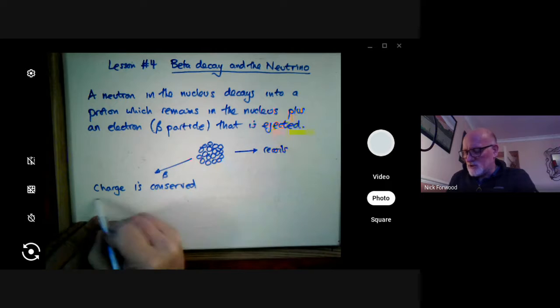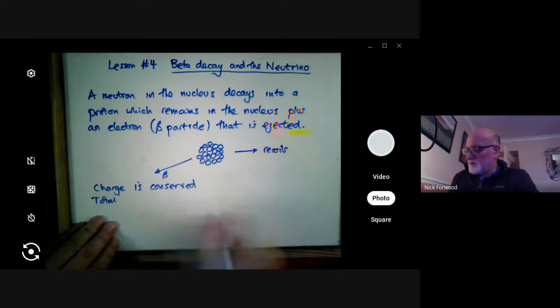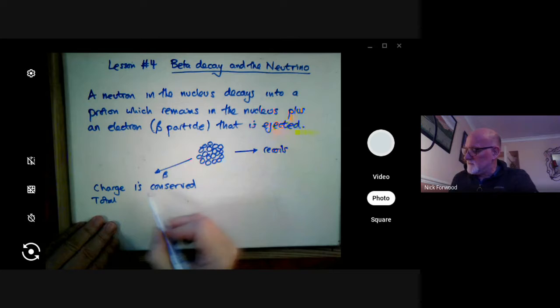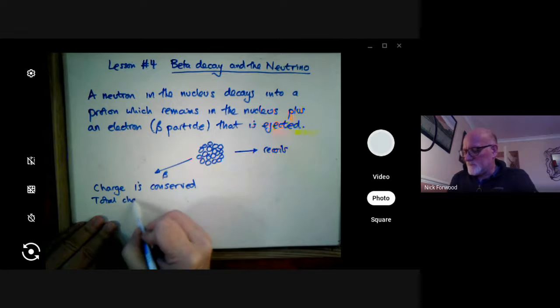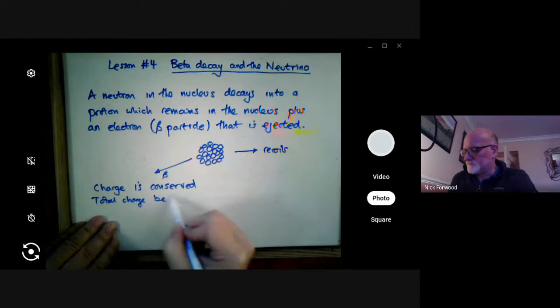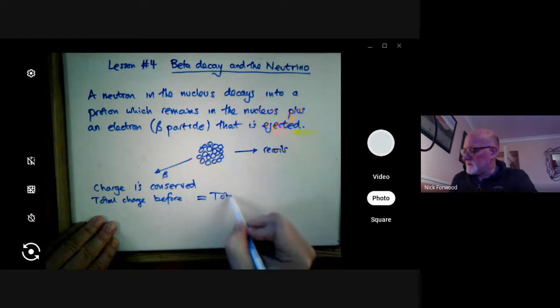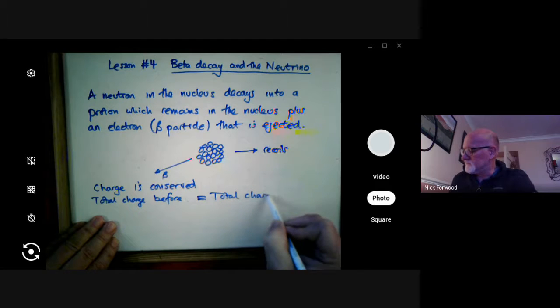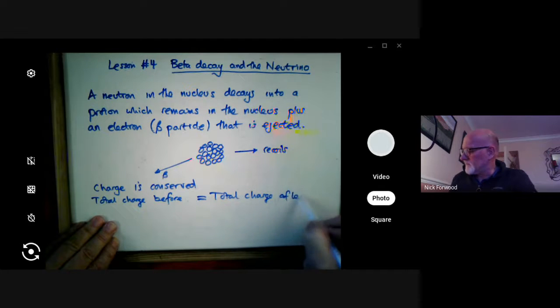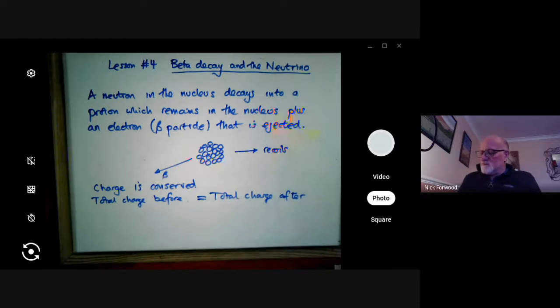Total charge at the start, before the beta particle came out, total charge before is equal to total charge after. Now we haven't done conservation of charge before, but you can see it looks a little bit like momentum, that the total momentum before a collision or before an explosion is equal to the total momentum afterwards, and it's the same thing. So we've got a neutron,